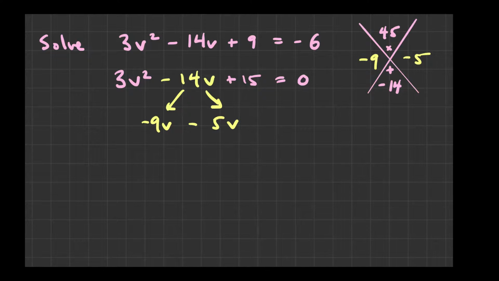So I'm hoping that it's clear that these two things are equal, right? Negative 14v is the same thing as negative 9v minus 5v. Same thing, haven't changed it. Let me include everything else. I've got 3v squared, and then plus 15 equals 0. Okay, now what I'm going to do is I'm going to kind of split these two things up. And what I'm going to do is I'm going to write plus negative, and then I'll put a bracket there. Okay,